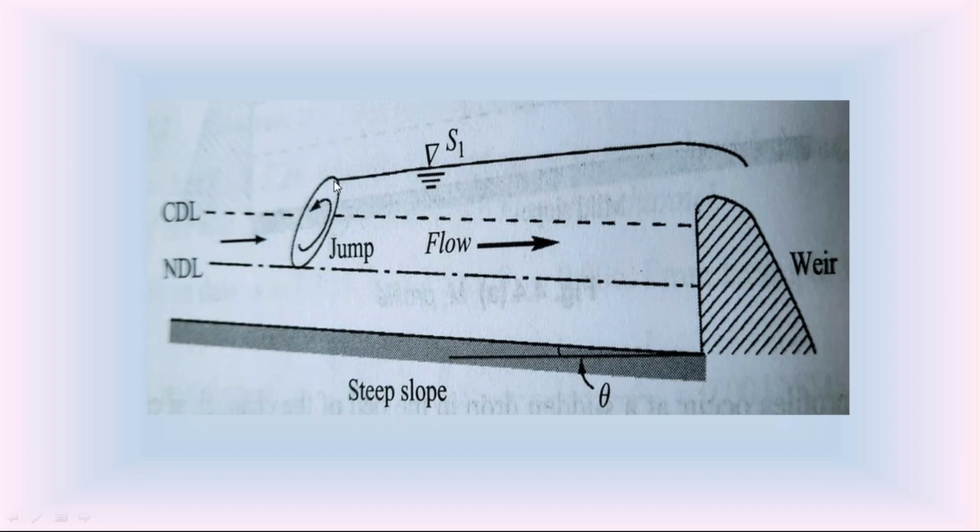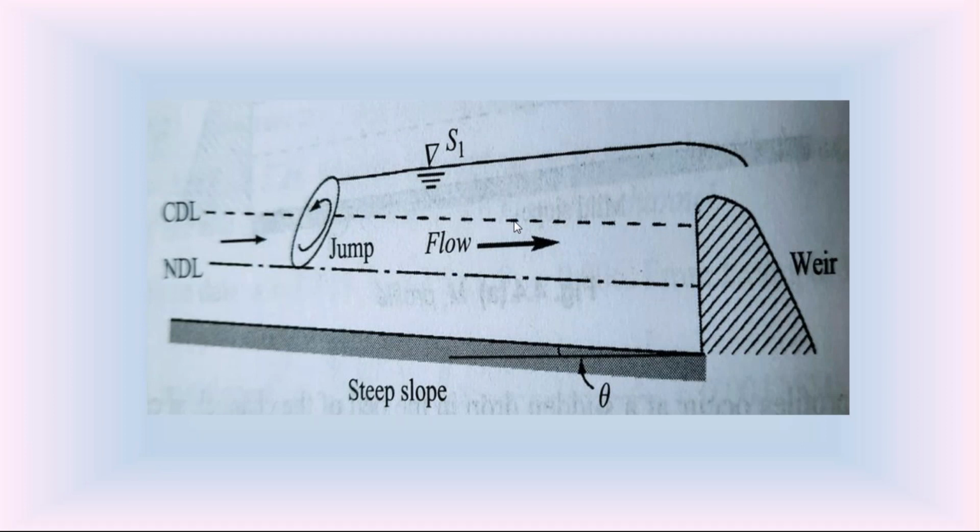So here on the upstream side, we indicate this S1 as a dotted line, indicating it is almost perpendicular to the critical depth line. On the downstream side, the depth of flow is infinity. When y is equal to infinity, the slope is S0. So on the downstream side, the slope of this S1 water surface profile is equal to the channel bottom slope. The channel bottom is horizontal, so this S1 water surface profile is asymptotic to horizontal. This is one practical example of the S1 water surface profile in the open channel.